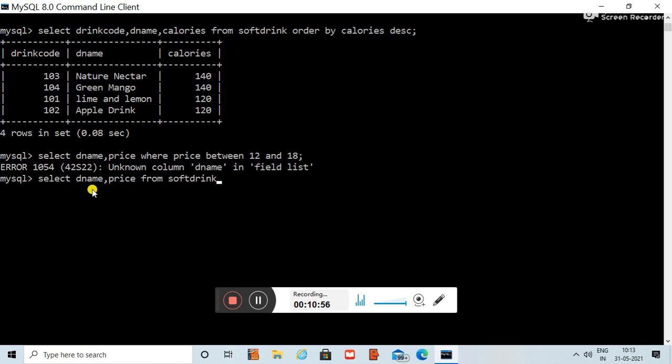Select D name, comma, price from soft drink where price between 12 and 18.